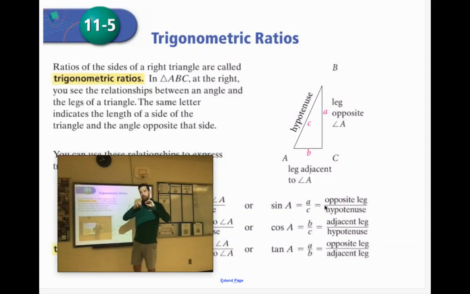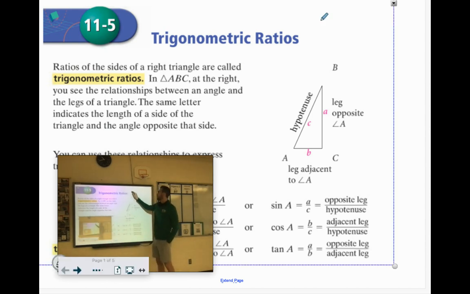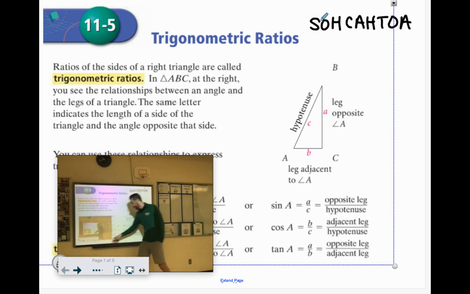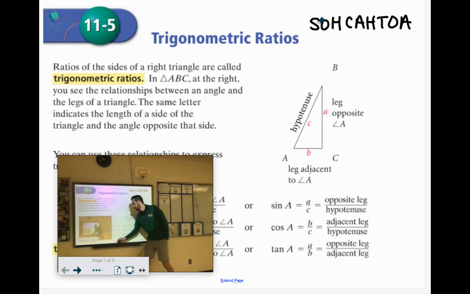Going to cover the most basic of trigonometry. And we are going to call it, you're going to remember this, SOHCAHTOA, which is like,